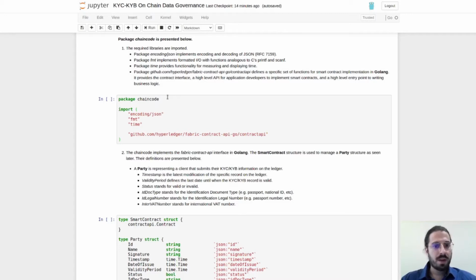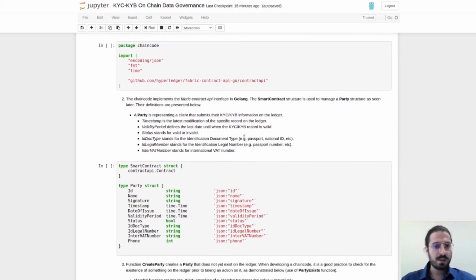To begin with the chaincode, we have the import of the specific libraries and the important contract API that helps implement smart contract functions.